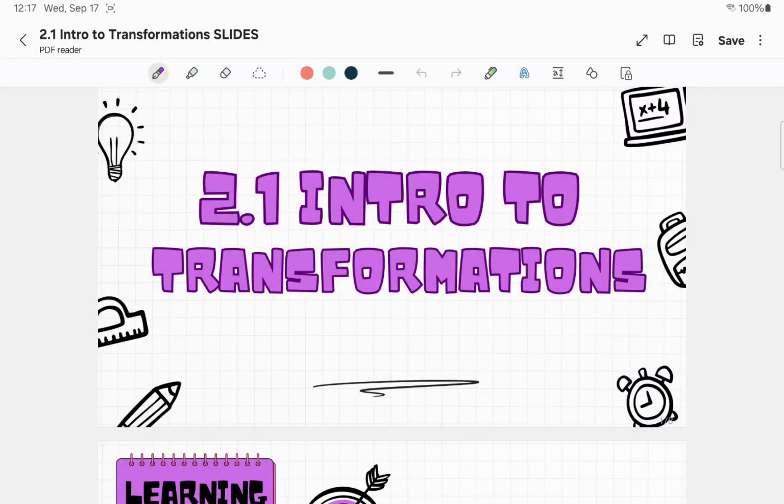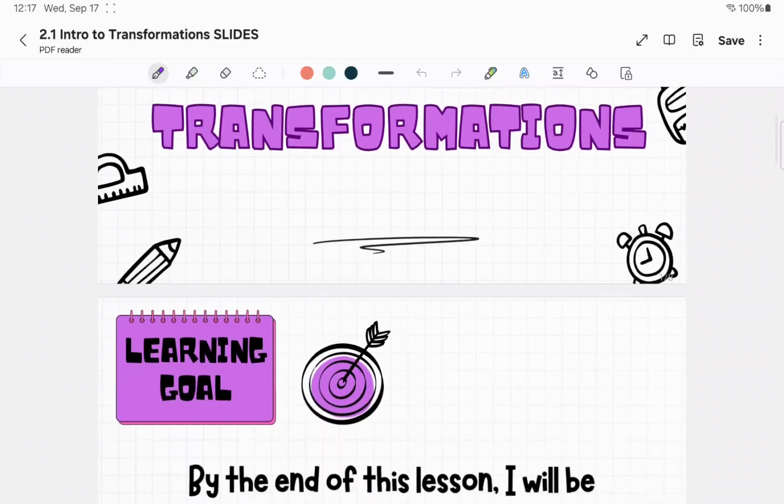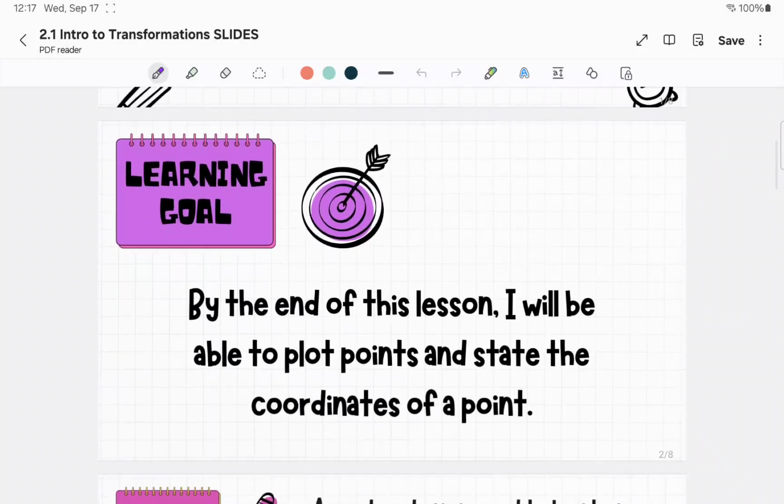Hello and welcome to lesson 2.1, Intro to Transformations. So this unit is on transformations, like translations, reflections, rotations. In this lesson, we're just going to be reviewing the coordinate plane. So by the end of this lesson, you will be able to plot points and state the coordinates of a